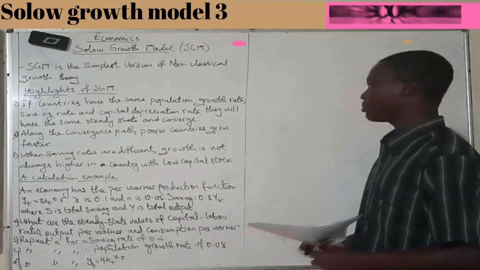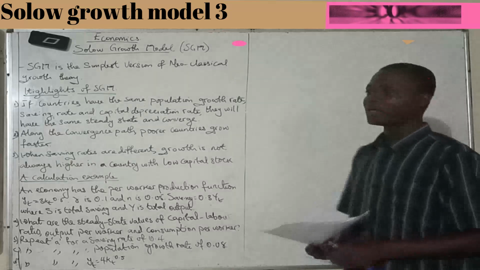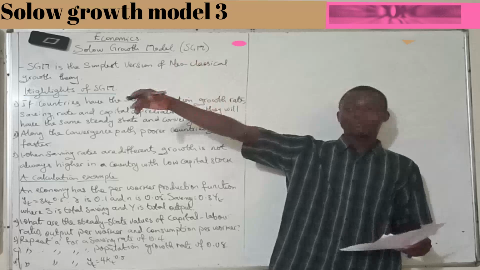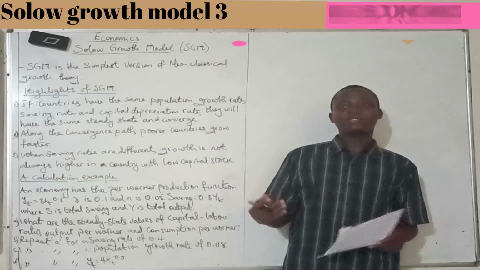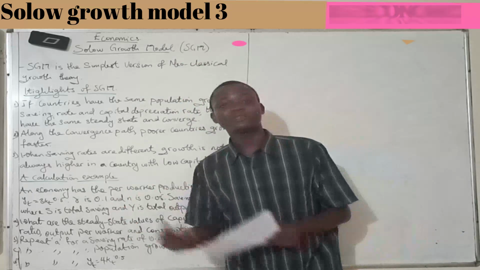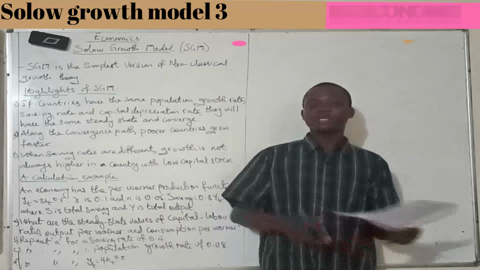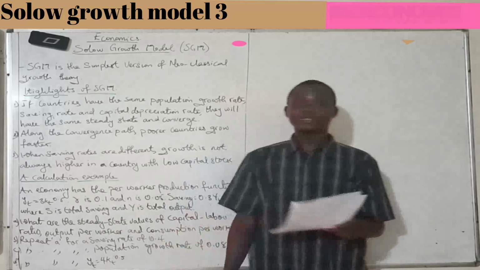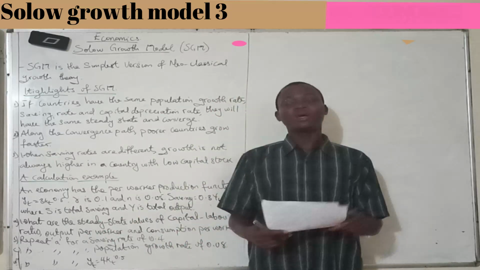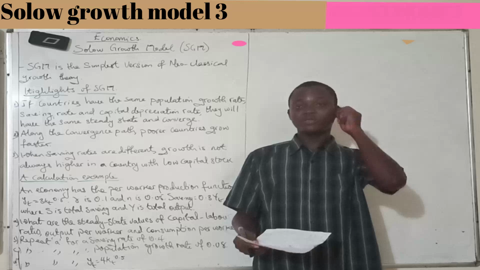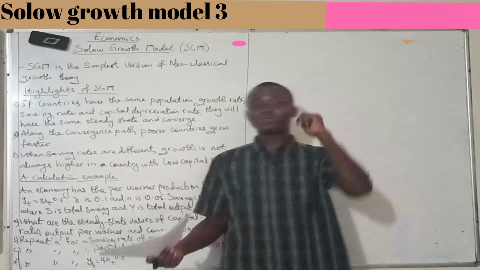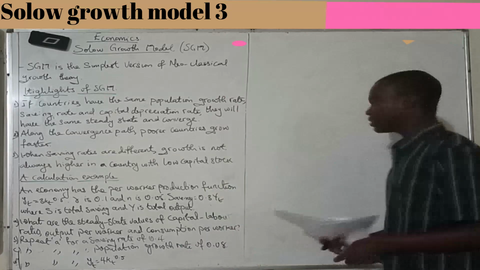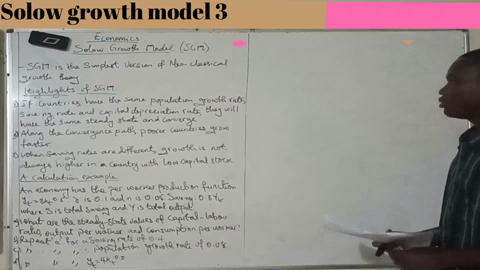Along the convergence path, there are poorer countries growing faster than richer countries. So the US may have gone first, but if Nigeria wants to be serious, and it's fed the same thing that the US economy is feeding its economy, Nigeria will begin to grow very, very fast. What took the United States maybe 100 years to achieve, Nigeria might achieve in maybe 21 years. You understand?